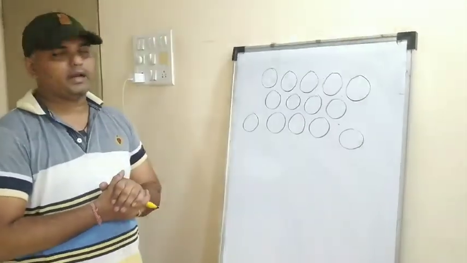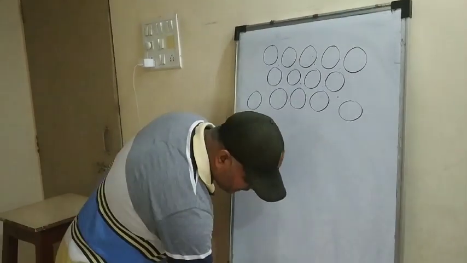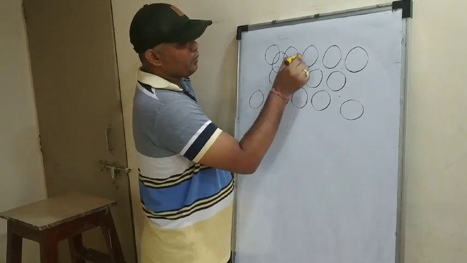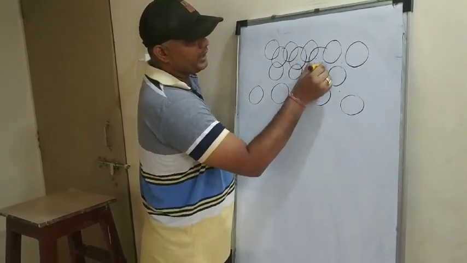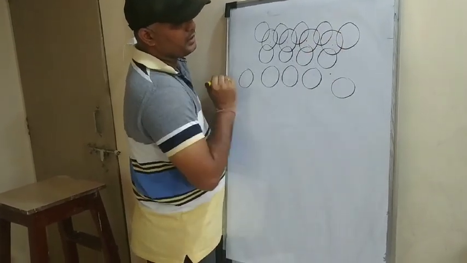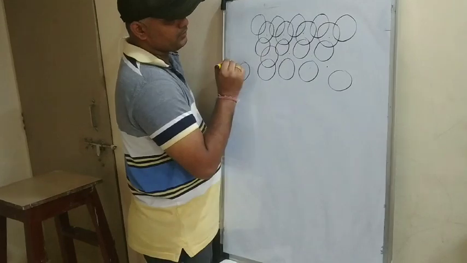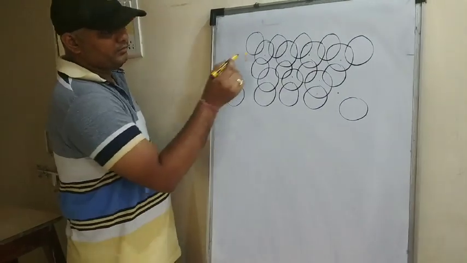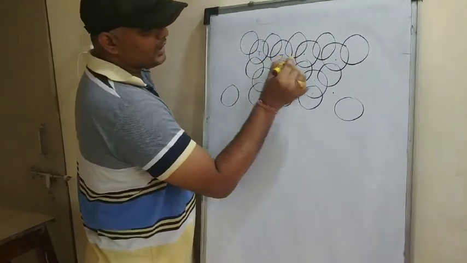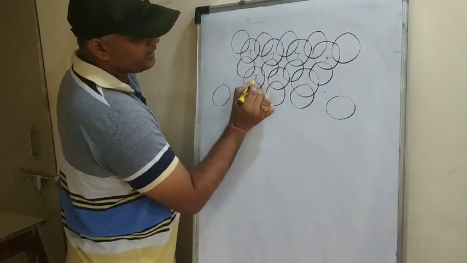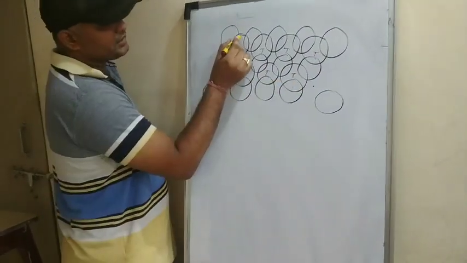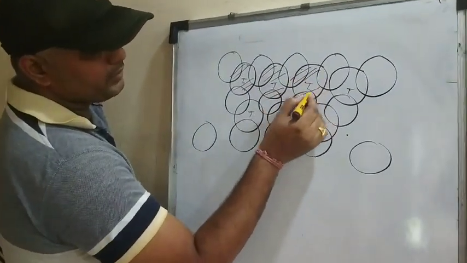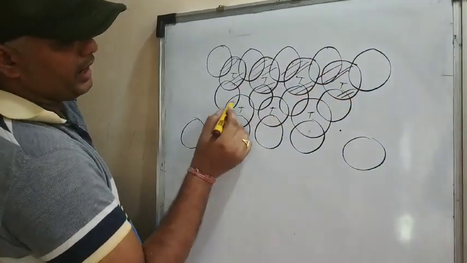So let's understand the tetrahedral void now. I'll take the other pen. So see here, one particle is here, one particle is here, one particle is here, and so on, right? So this becomes your tetrahedral void. This is tetrahedral, this is tetrahedral, and this is tetrahedral, right? I'll just shade the portion so that you will be able to identify. Are you able to identify? See, the shaded portion becomes the tetrahedral void.